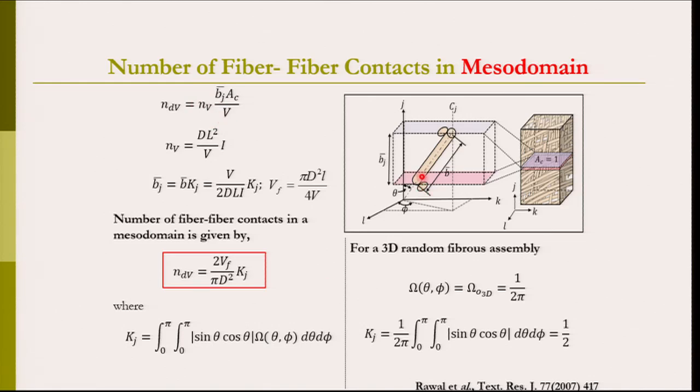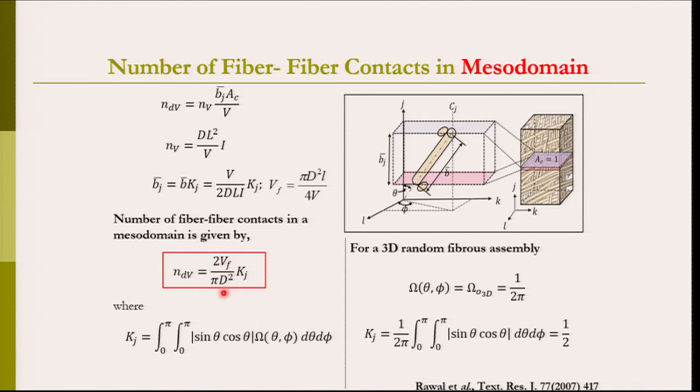A mesodomain is defined as a volume which has a unit cross-sectional area, as you can see in this figure, and it has a thickness of the mean distance between the fiber-to-fiber contacts projected on a certain plane. So, you can calculate the number of fiber-to-fiber contacts in a mesodomain with a volume dV in terms of fiber